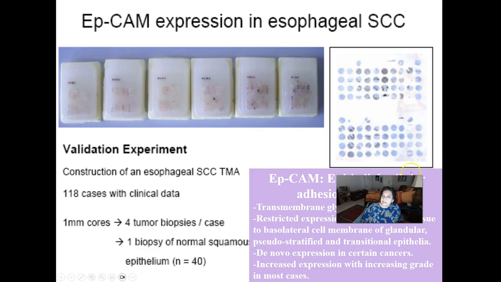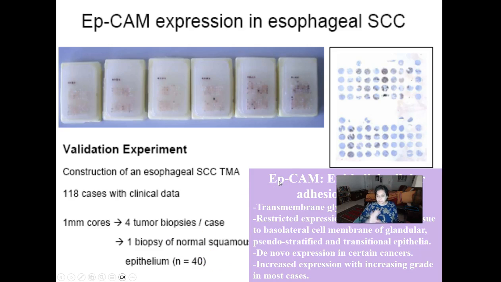This is the typical tissue microarray on a slide. This is one where it's been stained for a particular protein, EpCAM expression in esophageal cancer, and this is a tissue microarray representing 118 cases. What they did was take 1 millimeter cores to place on top of their slide. So they had 4 tumor biopsies per case, 4 cores from their block of cancer tissue, and then they also had 1 biopsy of normal squamous